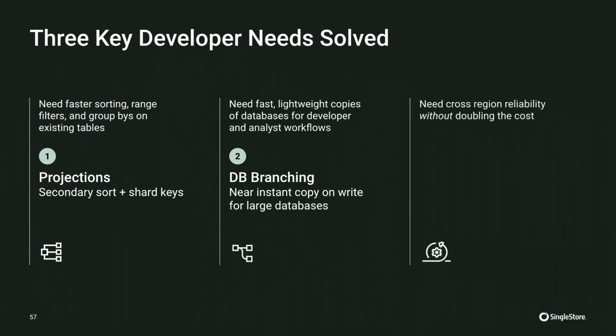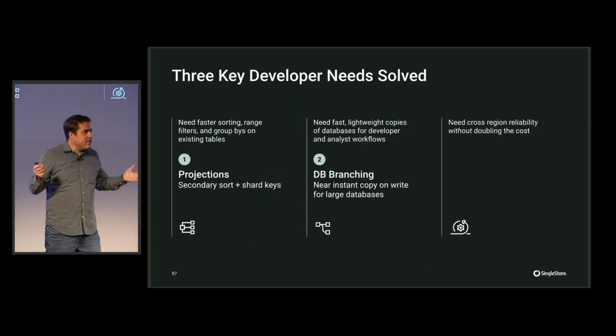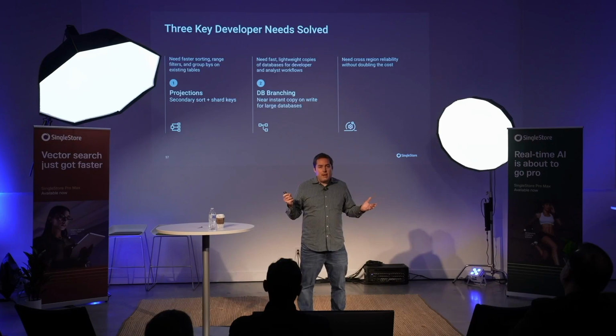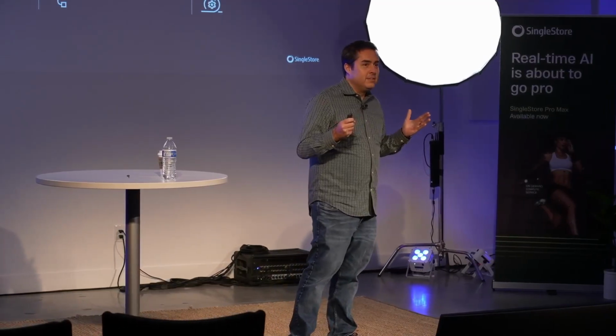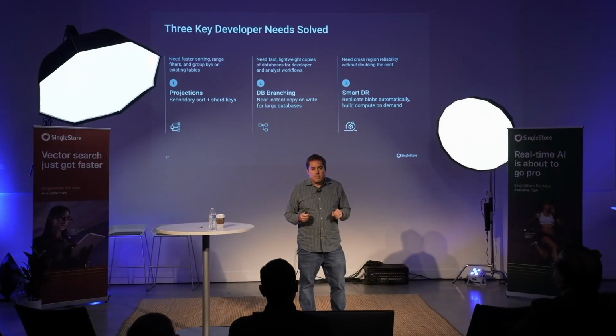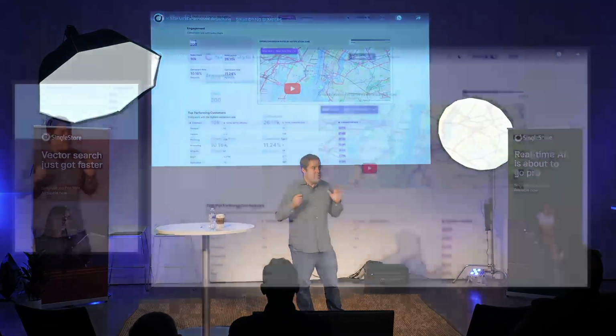The third need is cross-region reliability. Now, a regional failure is not a thing that happens a lot, but you have to be ready for it. You have to be prepared. Most databases will tell you, oh yeah, just run the entire cluster again in another region. What? You want me to pay essentially double because I'm running the entire thing again in another region to insure against an event that almost never happens? We think that's dumb. And I'll tell you what's not dumb: SmartDR. SmartDR is going to move the blobs in the background, and only when you need it is it going to turn that compute on. But I'd much rather show you than tell you, so let me dive into a demo to illustrate the